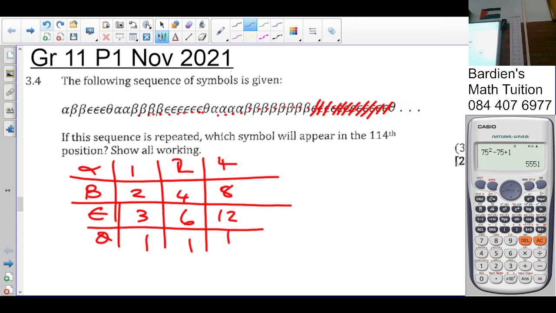They want to know if the sequence is repeated, which means it's following this pattern, which symbol will appear in the 114th position? So the 114th position. So at this point, how many,